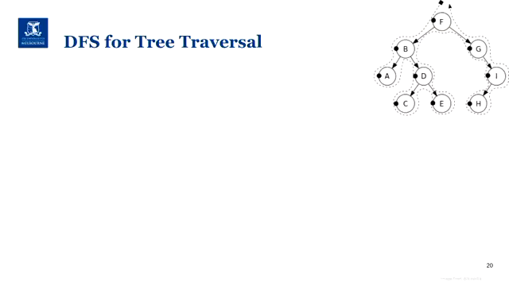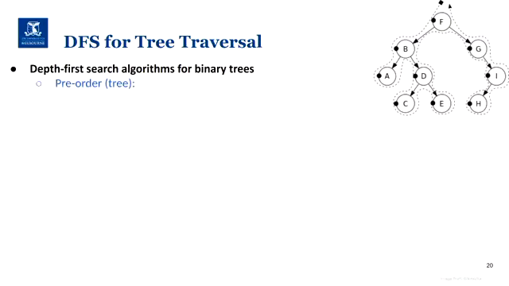So when we have trees, however, we will have 3 different options in general to do a depth first search in a tree. For this case, let's consider just binary trees. In binary trees, we'll have 3 deep traversals: pre-order, post-order, and in-order. And that will affect the order the nodes are visited.